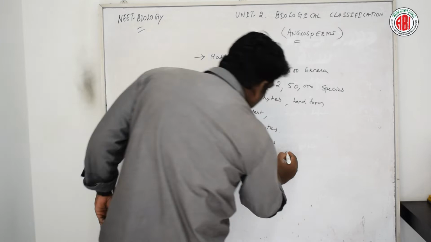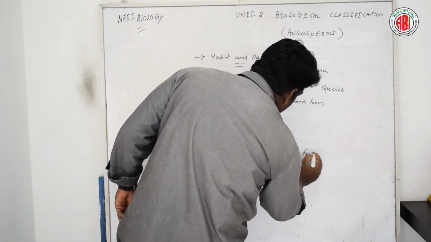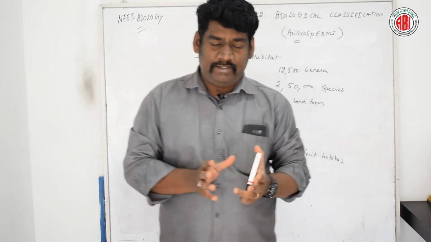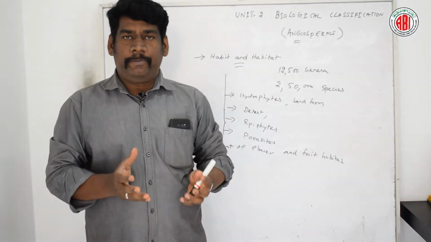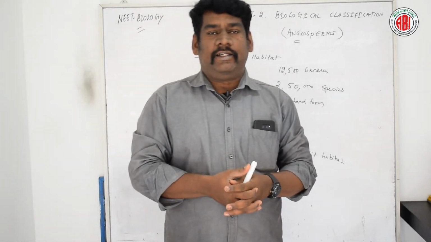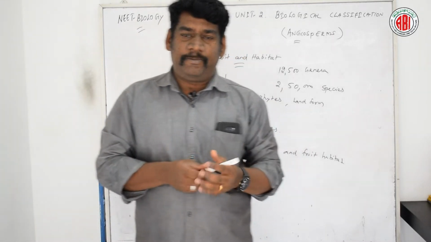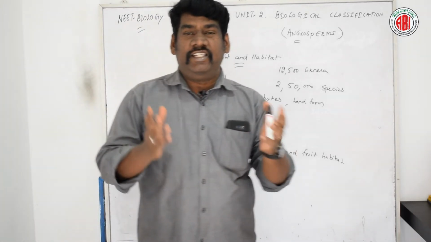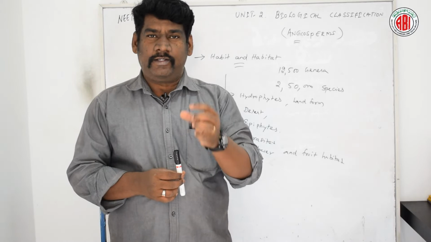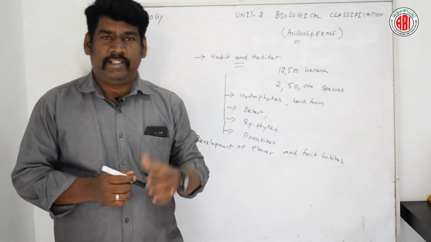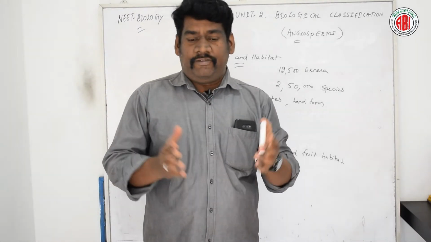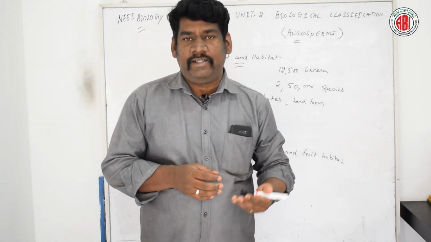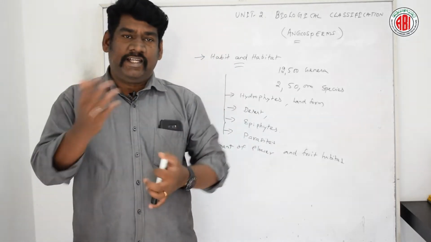Development of flower and fruit habitat. Angiosperm is one of the sporophytic plants. They bear flowers, which are the site of sexual reproduction. The flower is a modified shoot, and it is the most essential and important part involved in sexual reproduction in angiosperms. The flower bears sepals, petals, stamens and carpels that arise from the